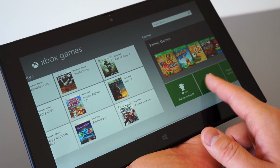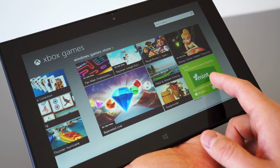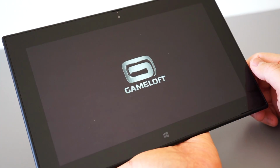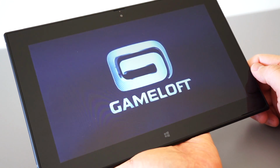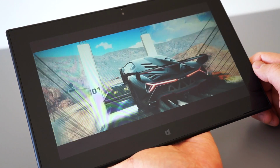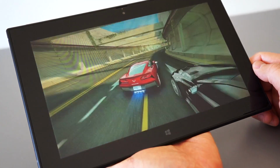Of course, if you are a big Xbox gamer, then you will find your account on here as well, just like you do on the Windows Phone 8 platform, and you can buy games that will help build up your achievements. Fortunately, game selection has been getting a little bit better, and it's nowhere near the level of iOS or Android at this moment, but big players like Gameloft have been porting over their games, and it's great because this is running the Snapdragon 800 processor along with the latest Adreno graphics,